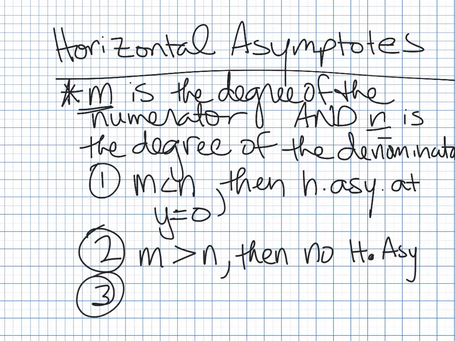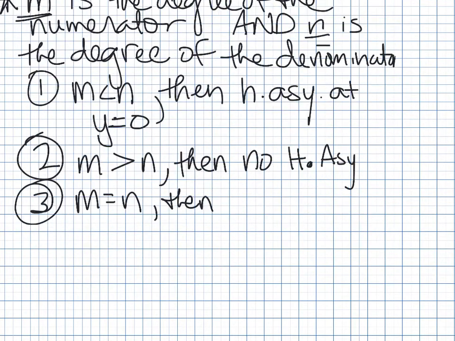And if your m equals your n, then your horizontal asymptote is at y equals a over b,